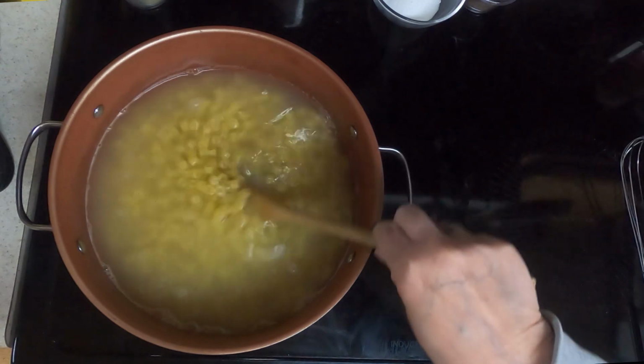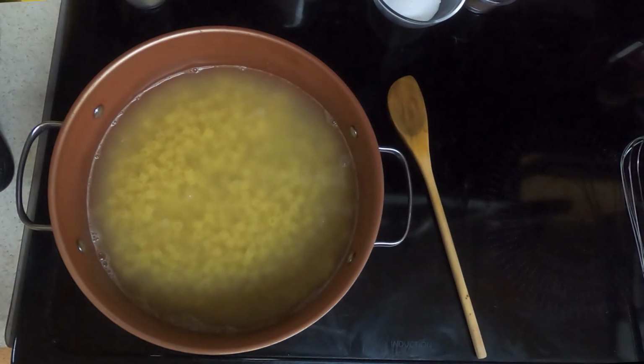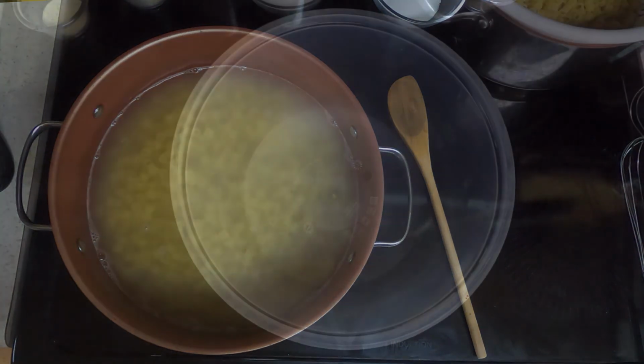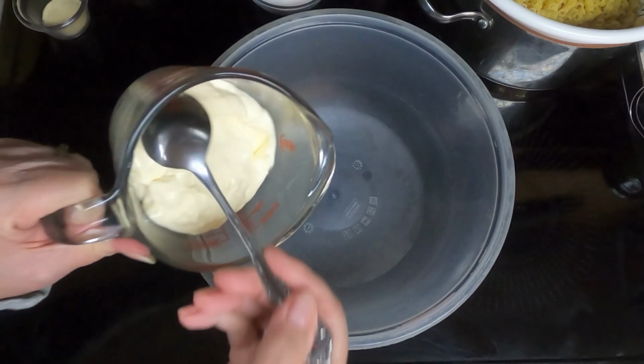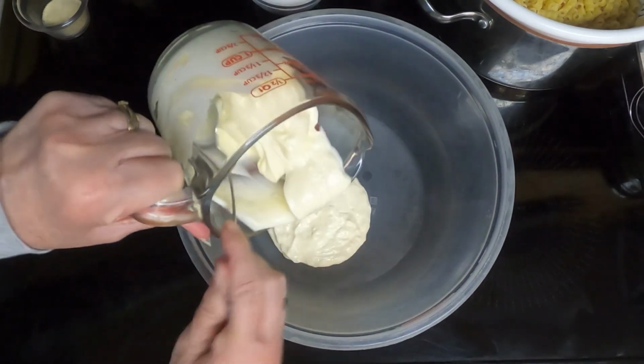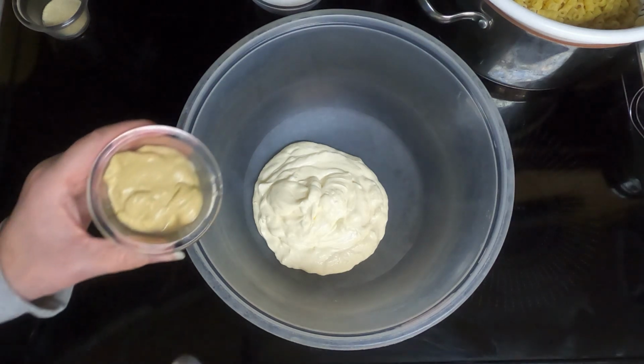So the pasta is done. We'll drain it and then rinse it with cold water and set it aside. So take a large bowl, put in the 1.5 cups of mayonnaise, the 3 tablespoons of Dijon mustard,